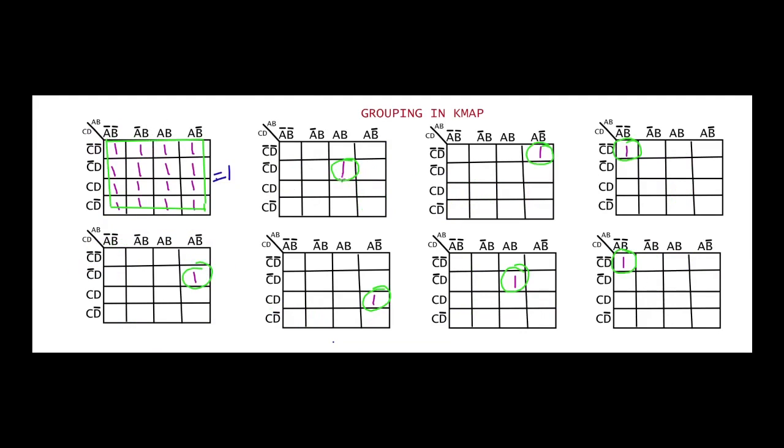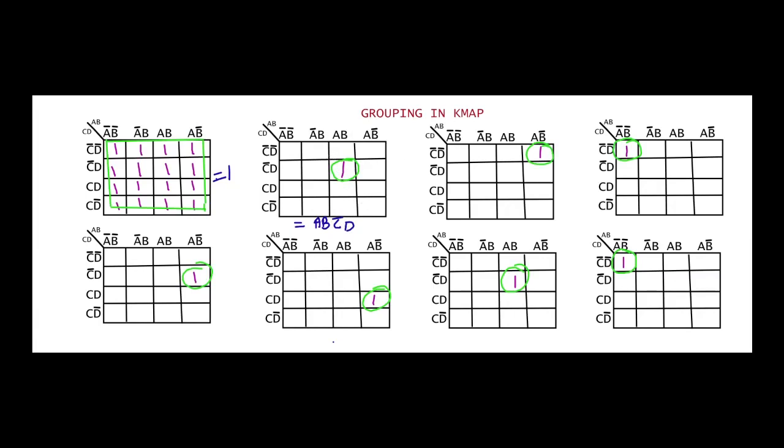If I don't have a single one, if I have one somewhere else, then I can take the help of some other one. First, let's see this part. I have one here. So for this I can write my answer to be, this is what is common in this column, AB. For this one AB is common, and for here C bar D. That means here I can write A, B, C bar D. This is the answer for this K-map.